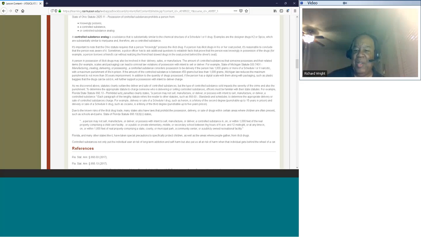Manufacturing, how do you manufacture the drugs? You manufacture the drugs, for example, in cooking crack. You have these crack houses that they cook it up in. You have these meth houses where you heat up and mix the chemicals together. And usually there are a lot of fires and explosions that take place.